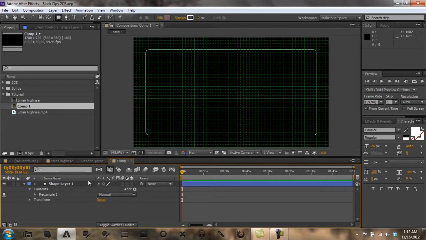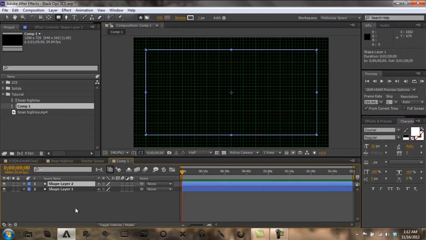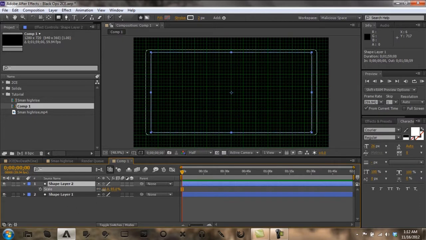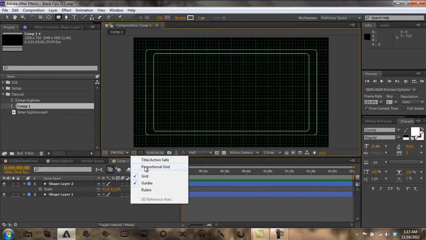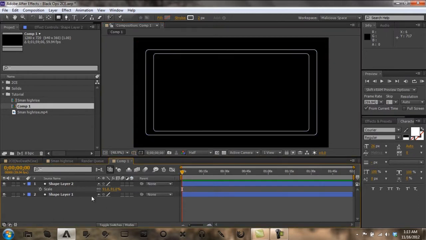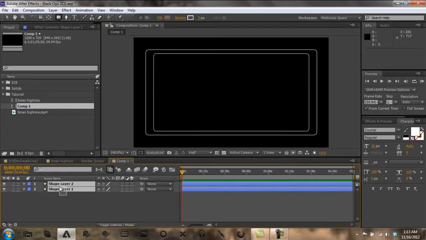Alright, next thing you want to do is duplicate that layer. And you just want to kind of scale it down just a little bit. Like that. That should work. You can turn off your grid now. This will be your outer and inner borders. Now, this is just the borders though. Next thing you have to do is,